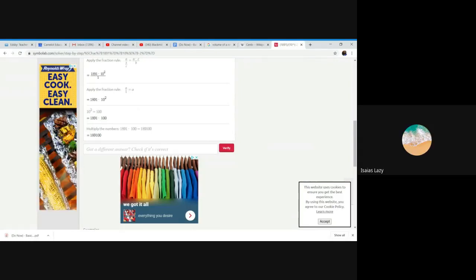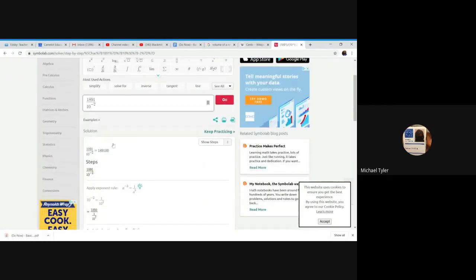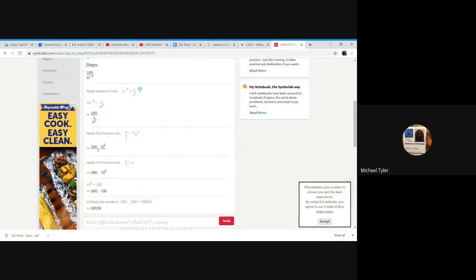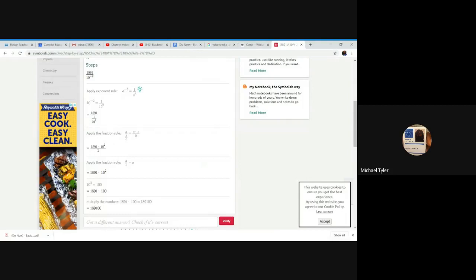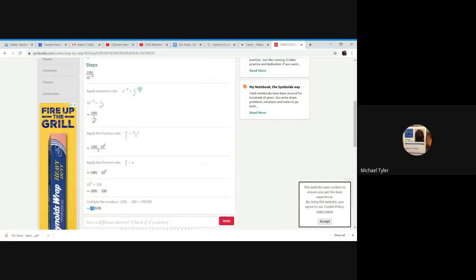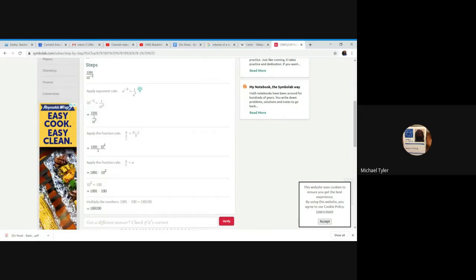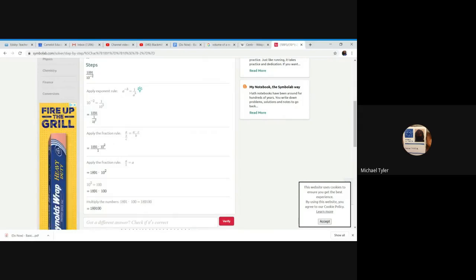But this is the final answer. Did it do it right? Oh, it did do it right. Okay, I'm like, wait a minute. Oh, yeah, because that comes up. It flips up. All right, so the final answer is this, which makes sense because the centimeter is smaller than the meter. Anyway, it's 189, I'm sorry, 189,100.